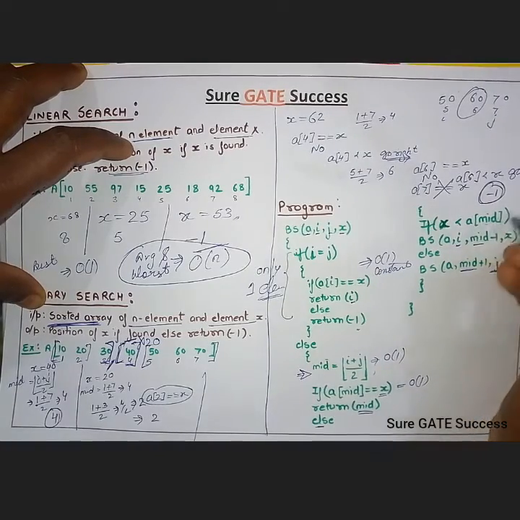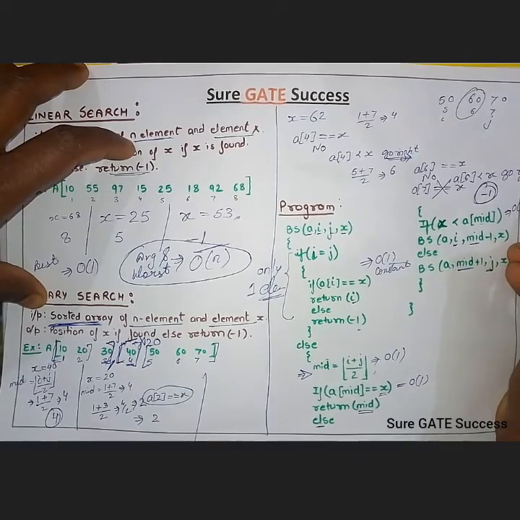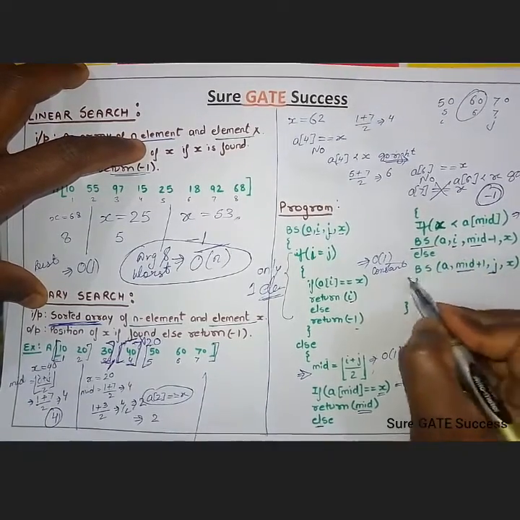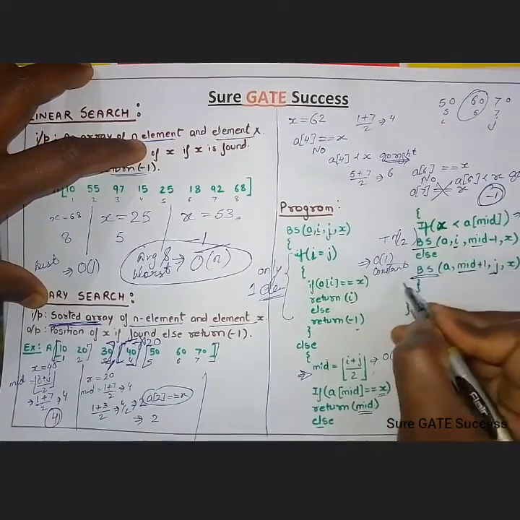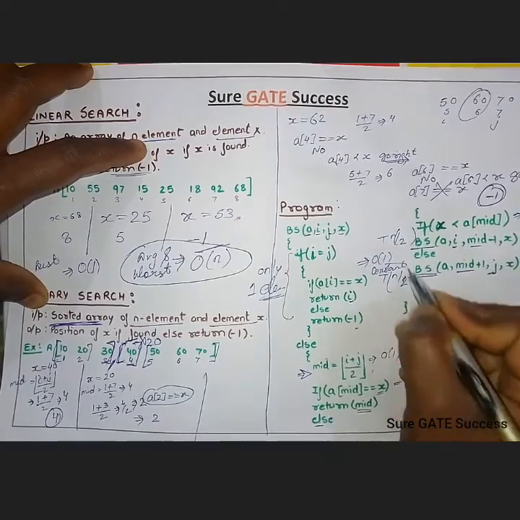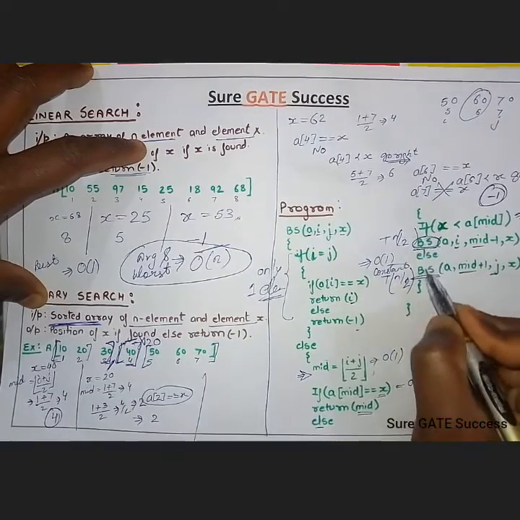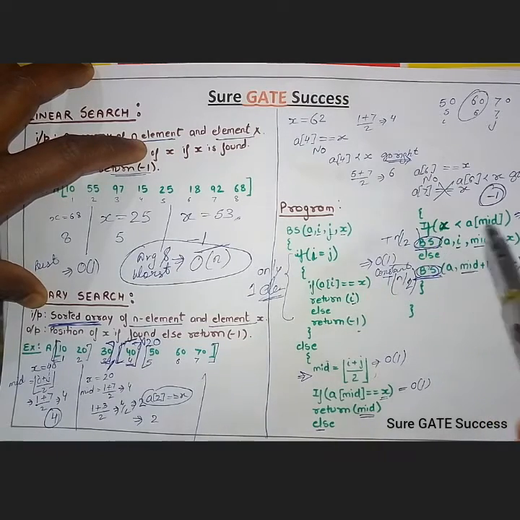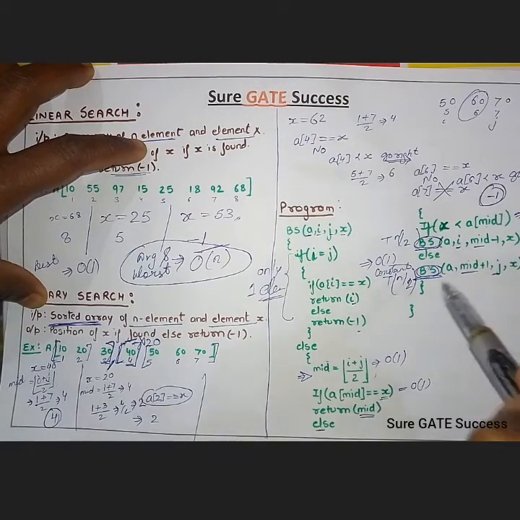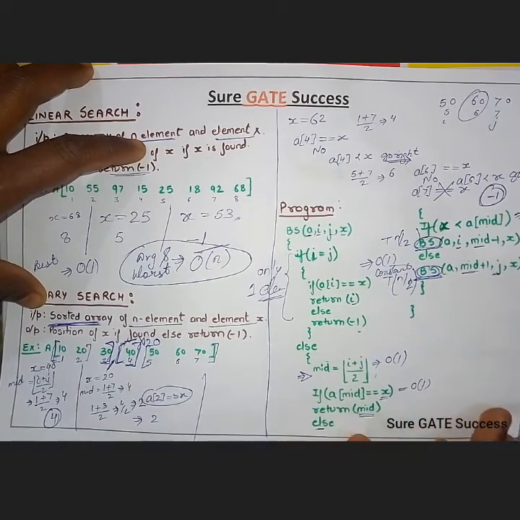Similarly, move on to here. It is also comparison, it will also take constant time here. There are two functions here. It will be T(n/2), and it will be T(n/2). But keep in mind one thing here, that only one of the functions will be running at a time, because if we are in this, the answer has to be in this particular subarray, otherwise it would not be available. So let's see the time complexity.